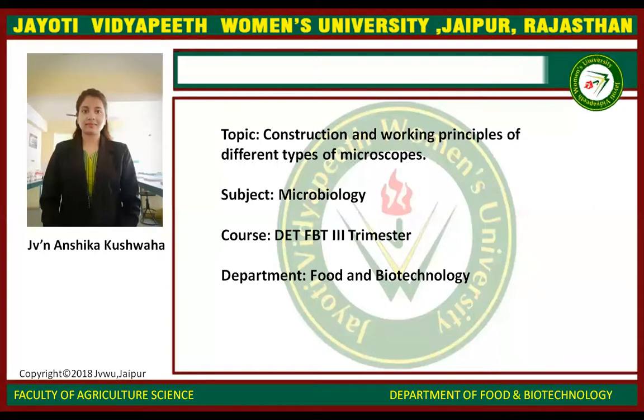So, today we will discuss what is a microscope. Microscope is a Greek word made from micron, which means small, and scope, which means to look. So, a microscope is an instrument for viewing objects that are too small to be seen by naked or unaided eyes. What is microscopy? The science of investigating small objects using such an instrument is called microscopy.